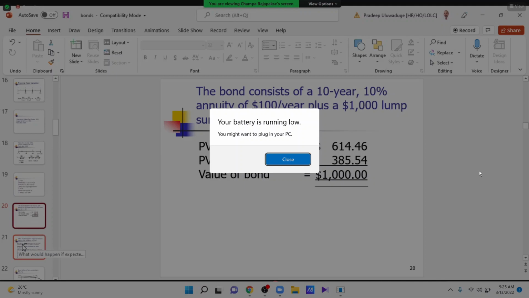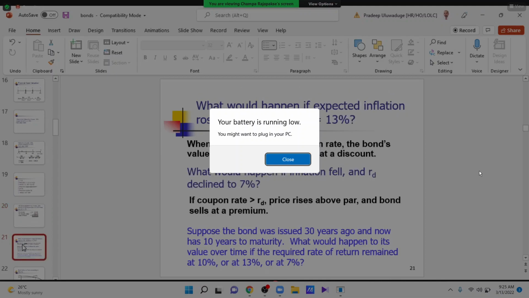So that's the rule, and it's easy if you can remember these things. If the interest rate rises, the value of the bond will come down, right? And if the interest rate or the discount rate equals the coupon rate, then the bond will sell at the face value or sell at par, right? So what would happen if inflation